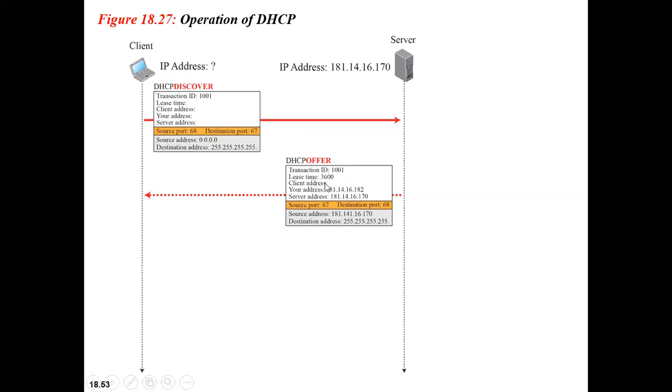And you have something called lease time. We already discussed lease time, right? It is nothing but how much time the assignment lasts. The client address is still not sent, it is left blank. Your address is the address that has been assigned to that particular client, given here as 181.116, something like this, and this 181 is the IP address of the server. Clear? After the time expires, please rejoin again with the same ID. We will discuss this concept for another 20 minutes.